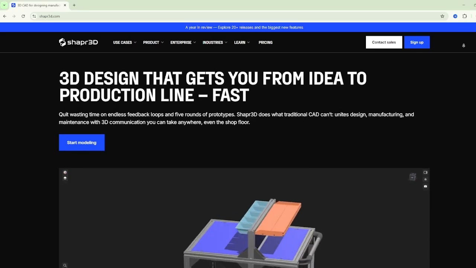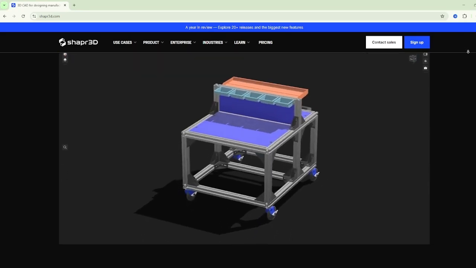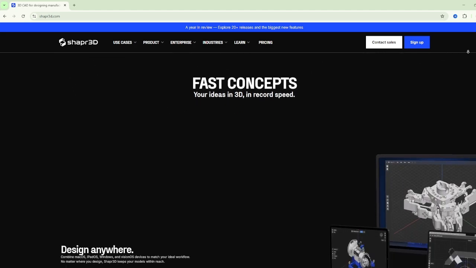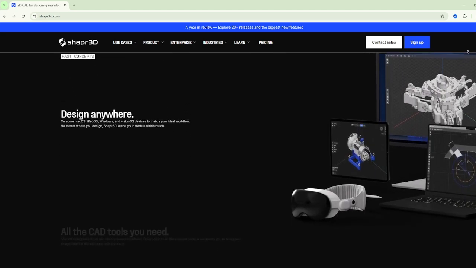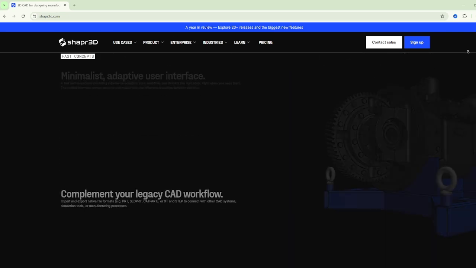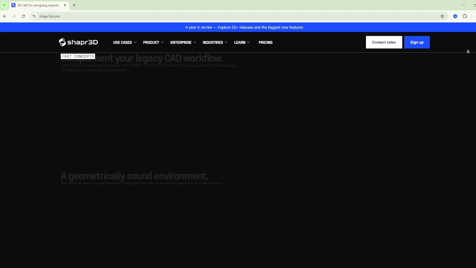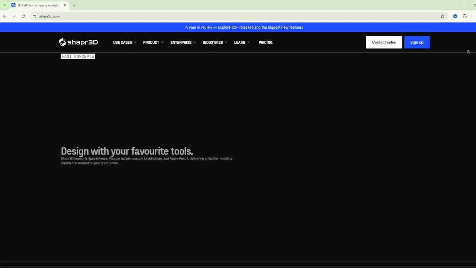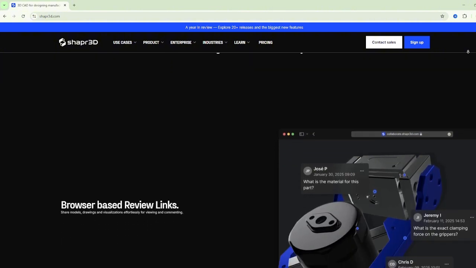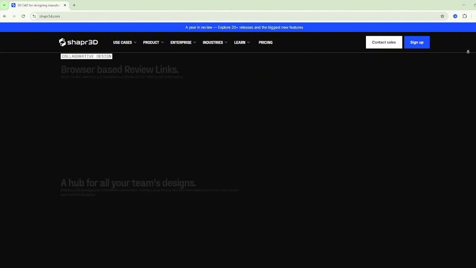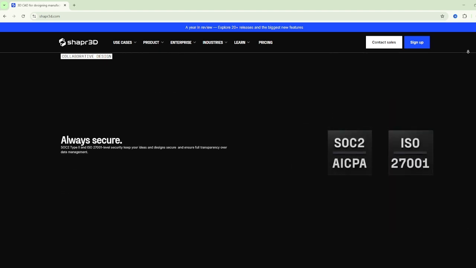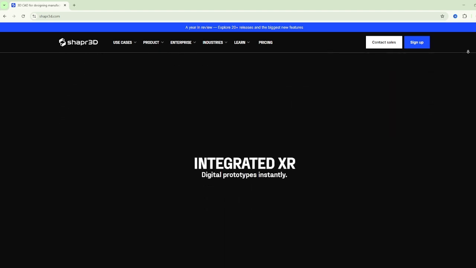When it comes to creating complex 3D models, designers and engineers often find themselves at a crossroads, torn between two industry-leading tools, Shapr3D and Fusion 360. Shapr3D's sleek, intuitive interface and robust set of features have made it a favorite among mobile designers, while Fusion 360's comprehensive suite of capabilities and seamless integration with other Autodesk tools has secured its place as a top choice among